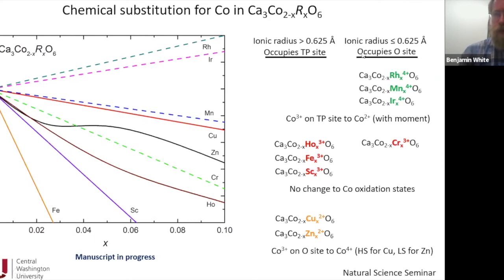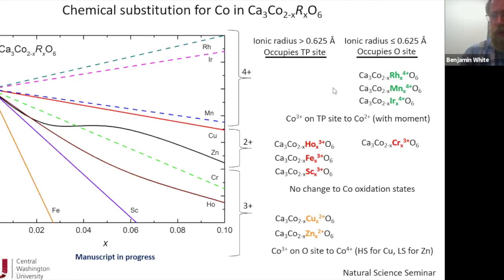But that didn't really necessarily explain all of the observations here. One thing that was kind of interesting is these ones up here all go in as 4+ ions. These ones here, 2+, and these ones 3+. So how rapidly we kill off the magnetic order really seems to depend mostly on the oxidation state of the ion we're replacing